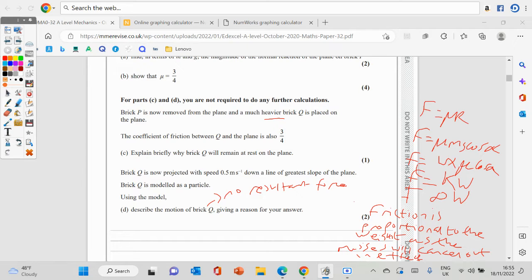It's got a constant speed. So it'll slide down the plane. Makes sense. Right. Moving on